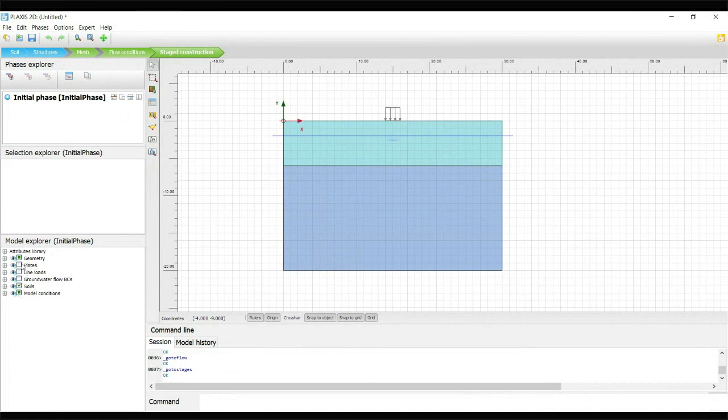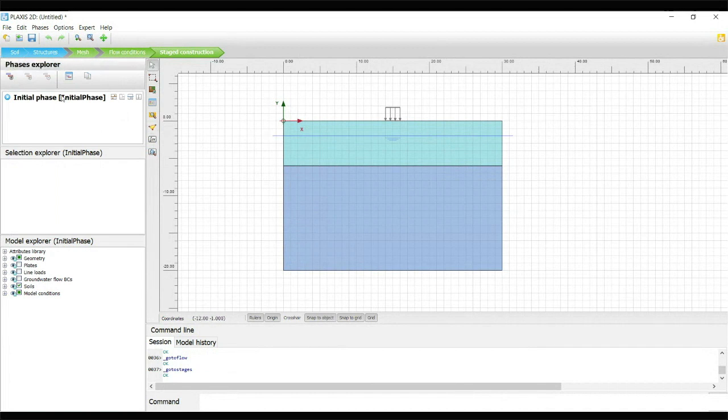You can check in the left side model explorer. In front of the plate, there is a square checkbox. It is blank, so there are no plates selected, no line load selected. You can control this from the model explorer also. Okay, in the initial phase only soil is activated, with the water table.